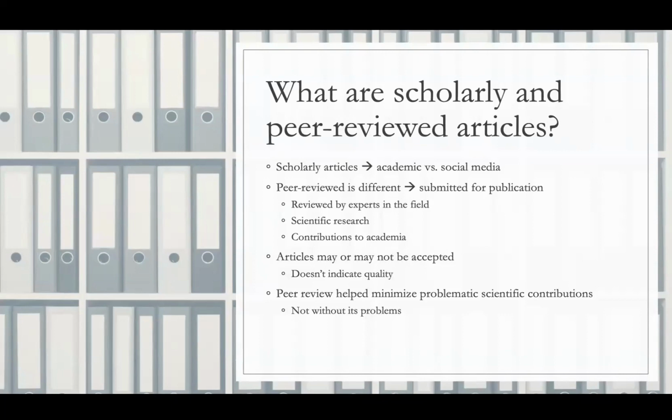What are scholarly and peer-reviewed articles? So they're not exactly the same. Scholarly articles or scholarly material is something that's legitimate and valid. It's something that's reliable, something that you can follow. There is a lot of overlap between scholarly and peer-reviewed articles, but they're not always the same. For example, a textbook is something that is legitimate and scholarly, but it may not be peer-reviewed. There are some textbooks out there that are, but it may not be.